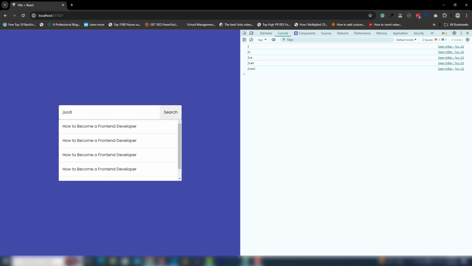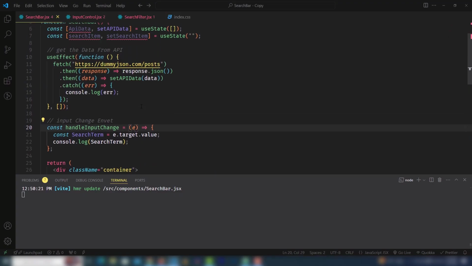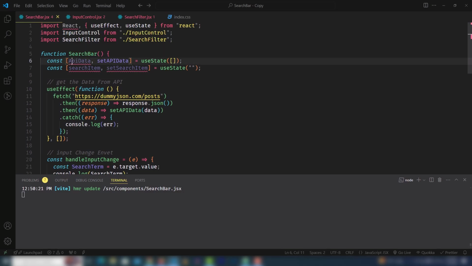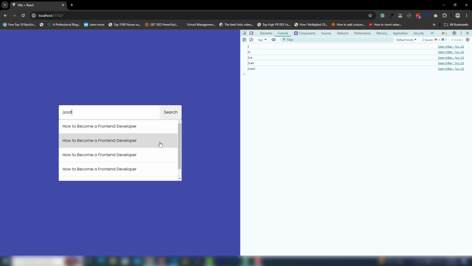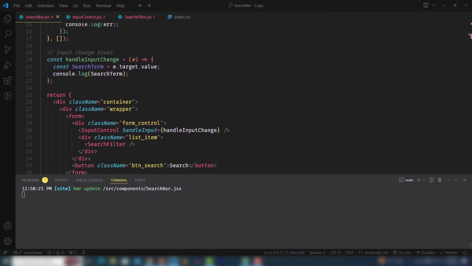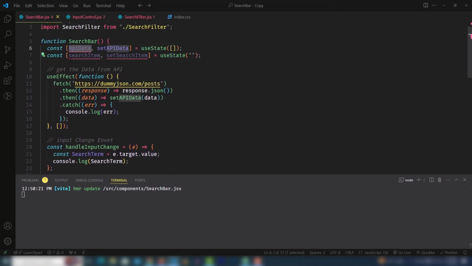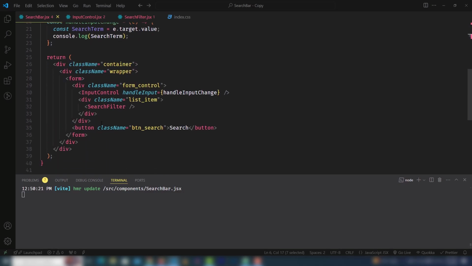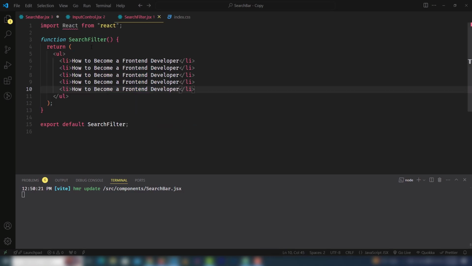Right, so let me get the data from API that is stored inside the variable, inside the state, like API data. So we need to display these details inside the list item. So what I need to do there is pass the value as props. Right, so let me copy the API data, and where is the search filter? I'm going to call it filter data. You can write any name you want. I'm going to pass the value as API data. Copy the search filter and